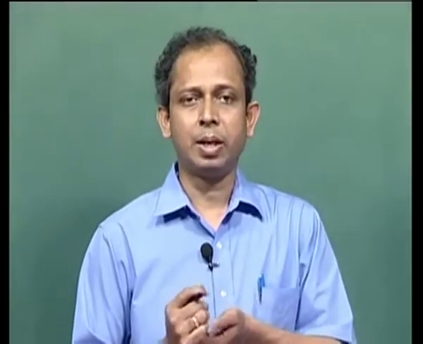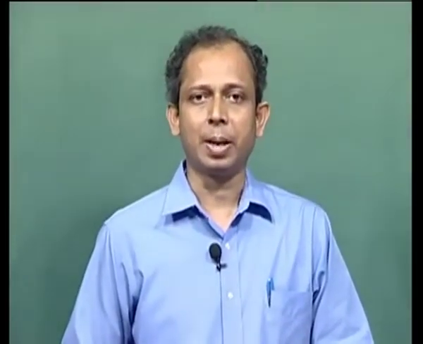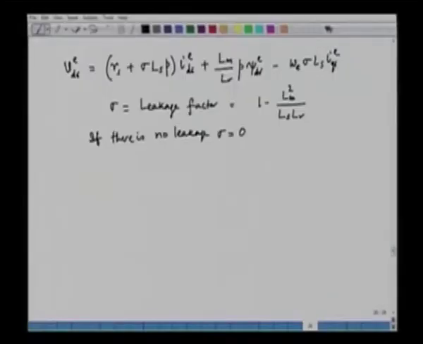Now if the coupling is 100%, suppose we have a very tight coupling between the stator and the rotor, we can say that Lm square is equal to Ls into Lr. So if there is tight coupling, the leakage factor will be equal to 0. So it means if there is no leakage, sigma is equal to 0. So this is a measure of the leakage inductance of an induction machine, and hence it is called the leakage factor. Now similarly in the Q axis, we can rewrite this equation,